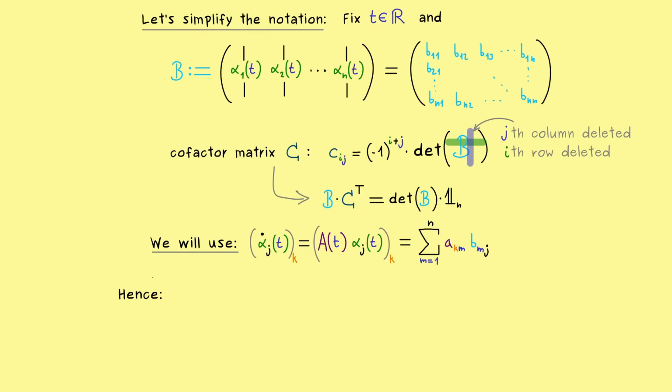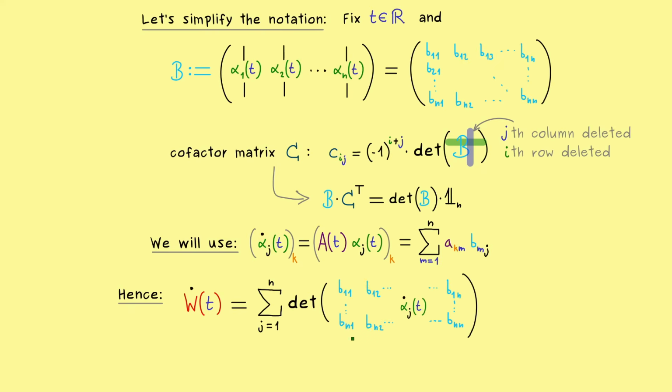And then finally we can put everything together to calculate the derivative of w. And there we already know it's actually given as a sum of determinants. And as you might remember from before, every matrix is the matrix B, where one column is substituted by the derivative of alpha j. And there I would suggest that we keep the notation simple. Let's write the matrix like that, and in the jth column we put this. The whole notation is not so important anyway, because now, as you might remember, we want to expand this determinant